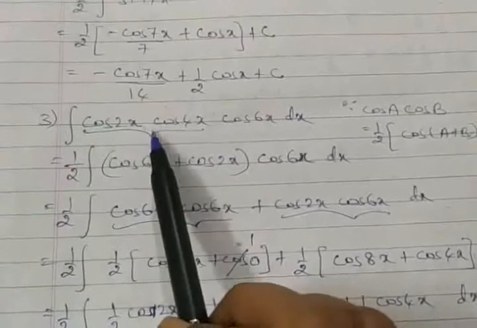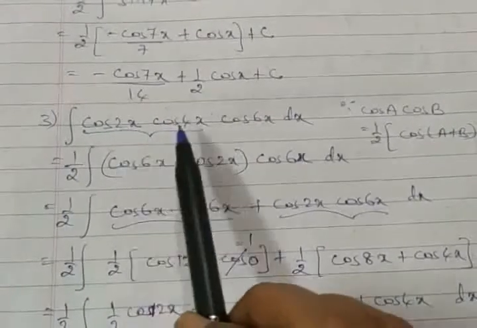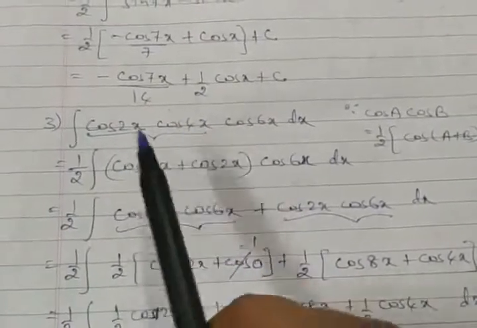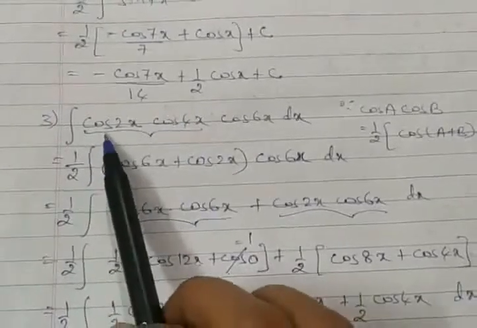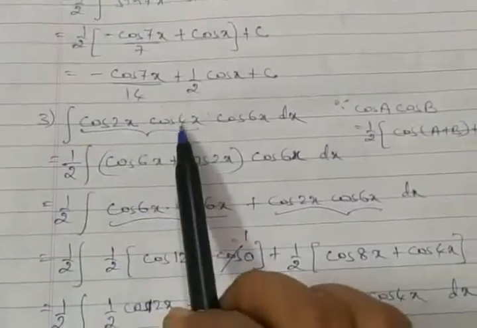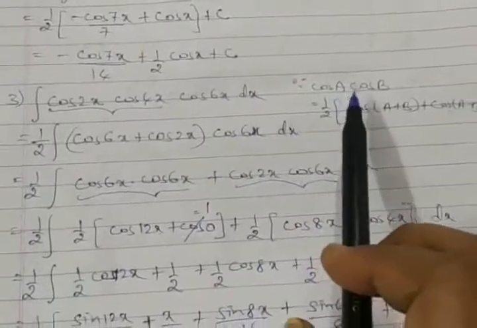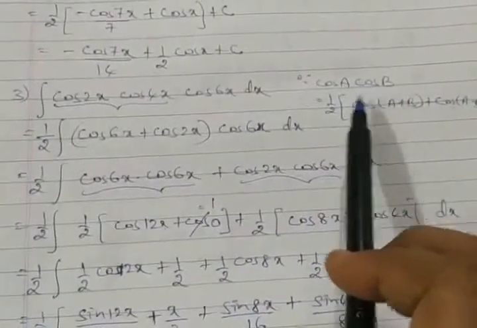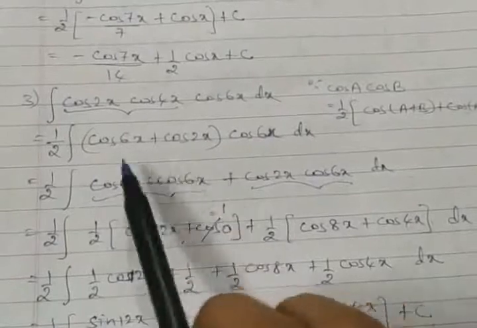So accordingly I have taken here, and this time I have planned it for the first two terms, as per how the terms are given. So I simplified for cos 2x into cos 4x using the cos a cos b formula. So recollect what is the formula, write the formula first, so that according to the formula I can write all the steps here.